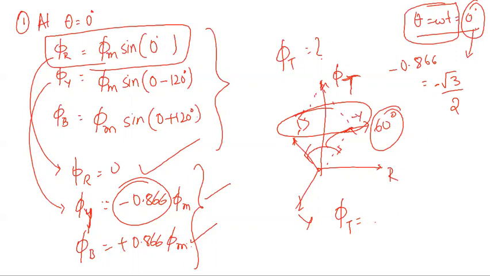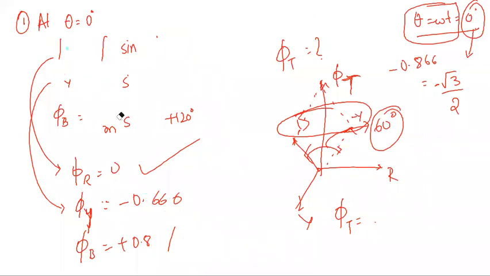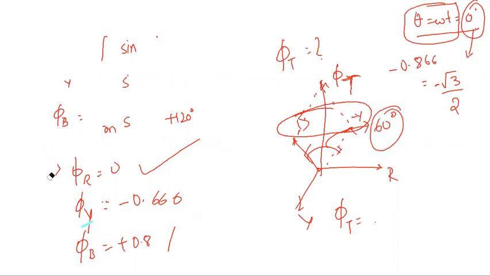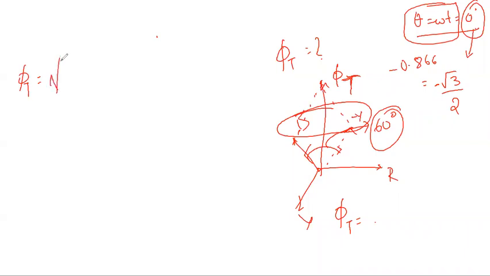In order to find out the square value of phi t, you can make use of the